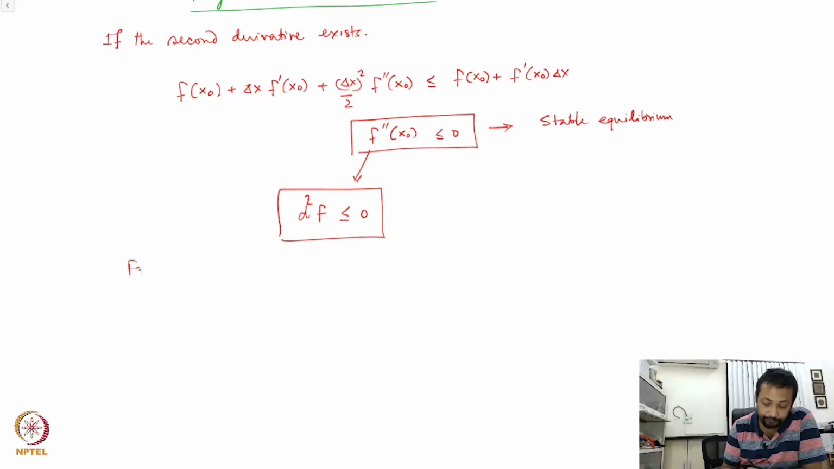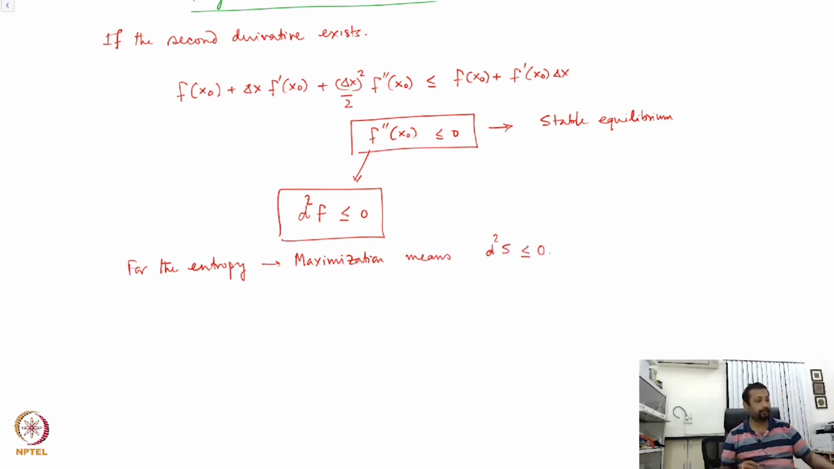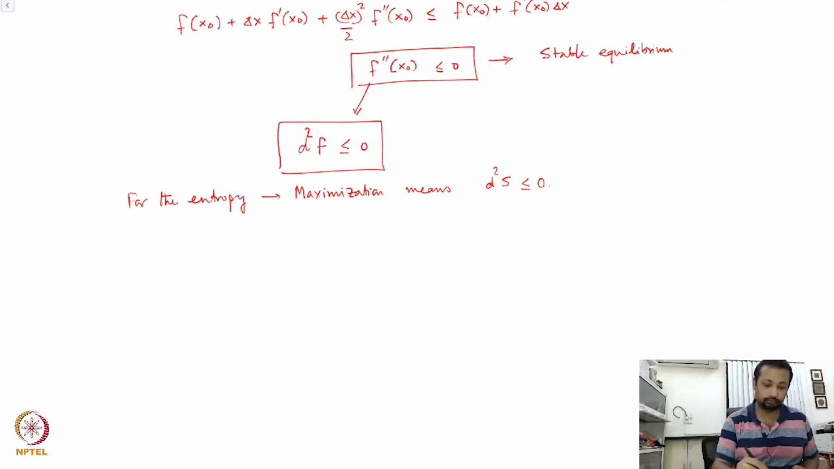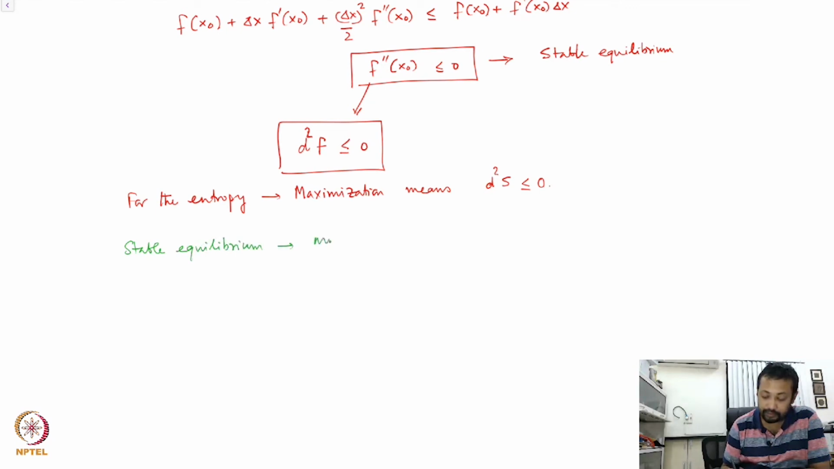Hence, for the entropy, a maximization means that d2s is less than equal to 0. What about the internal energy? Well, for internal energy, I know the system goes to a stable equilibrium, a minimization